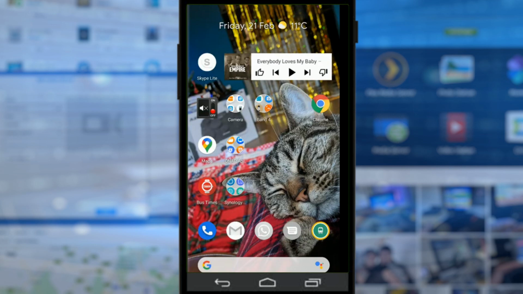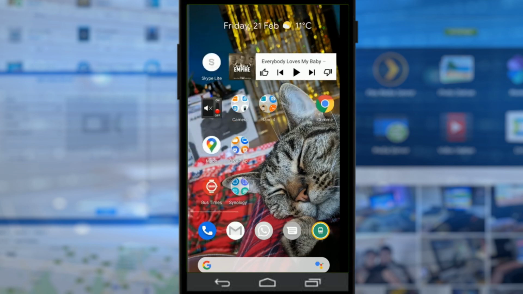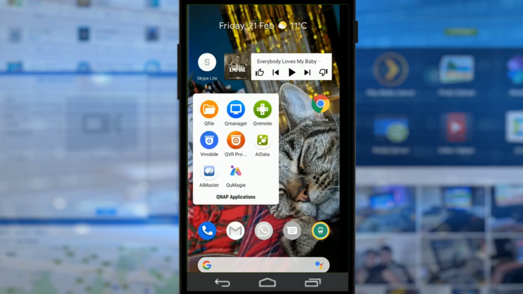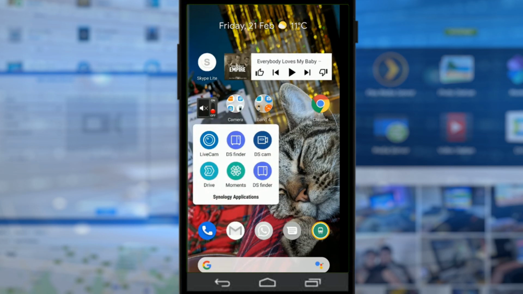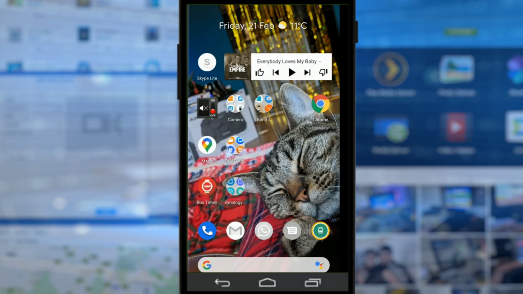Part 1 is when we looked at the desktop versions, when we were looking at it with Google Chrome, not a client, but still using a PC desktop client. And today we're going to use the mobile apps. We're on my mobile phone here, and we're going to be utilizing the QuMagie application and the Synology Moments app. We're going to look at them both, and we're not going to really be able to split screen this,